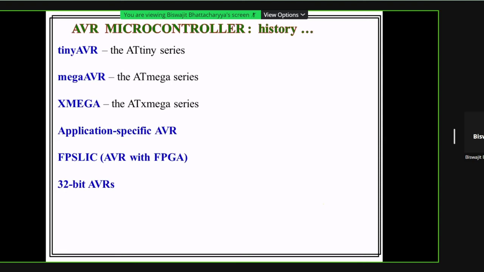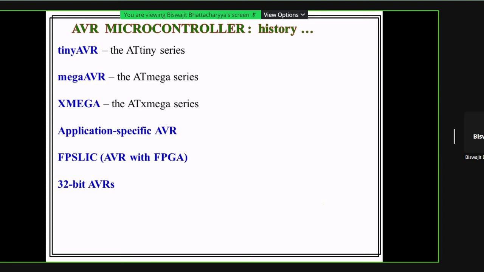FPGA, what is FPGA? I don't want to say it now. Field programmable gate array. When you study part 1 of this subject, you will learn what we mean by FPGA. Actually, in our department, I used to teach both part 1 and part 2, but because of too much load, I was forced to quit teaching part 1.